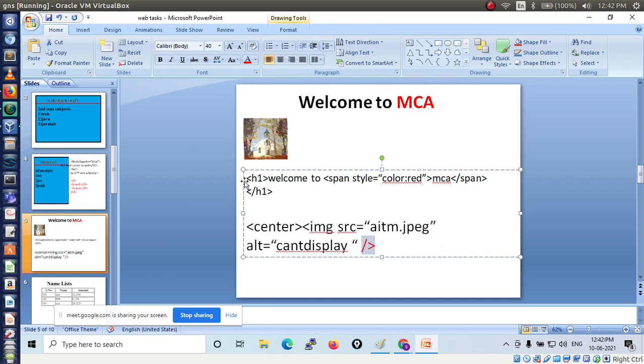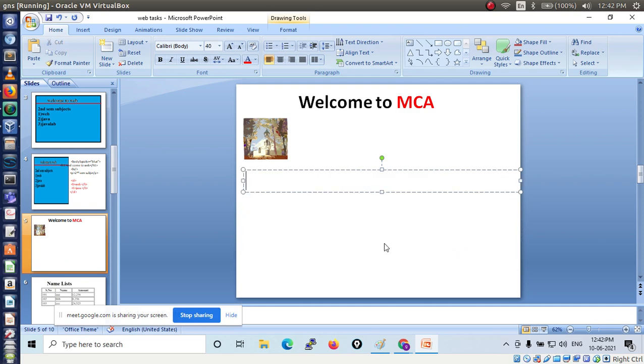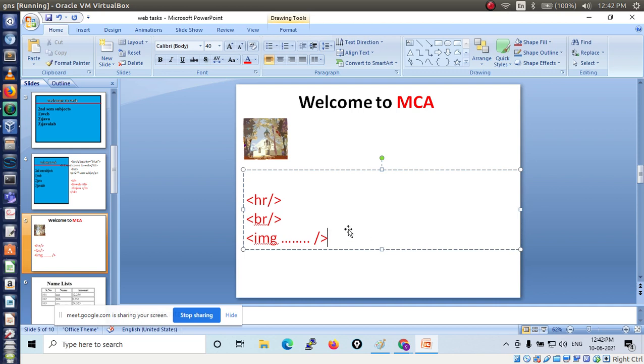See, once again I will tell, there are three types of single-sided tags. One is HR, opening and closing in the same tag. Then the break tag, BR, opening and closing in the same tag. Then similarly the image tag, after writing whatever image name and all those things, then close like this. So this is the way you have to use these single-sided tags. There is no separate opening HR and closing HR. In the same tag only you have to make it opening and closing. So you can call these single-sided tags. I hope you understood this concept, right?